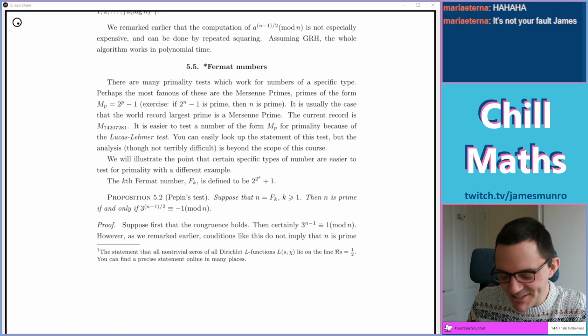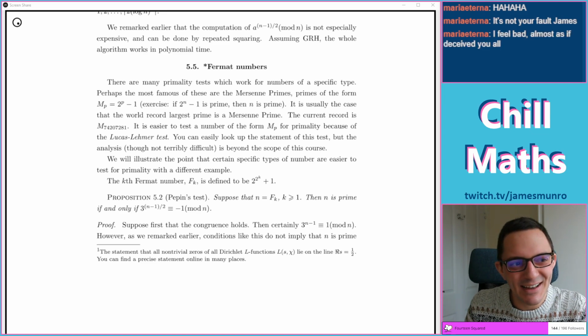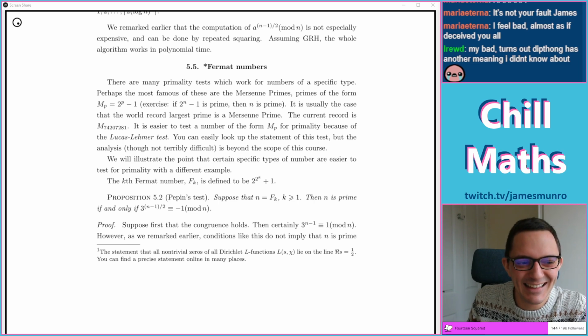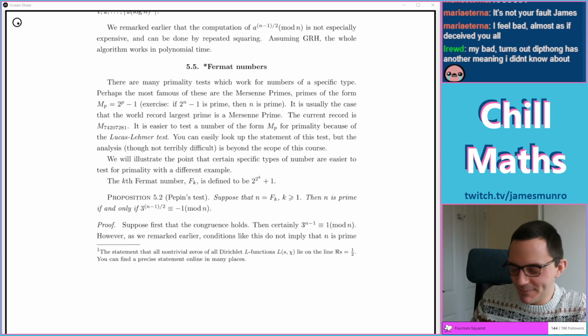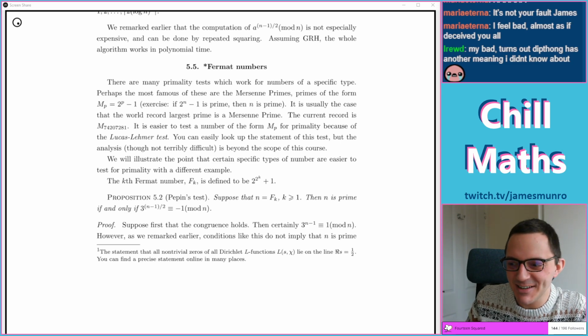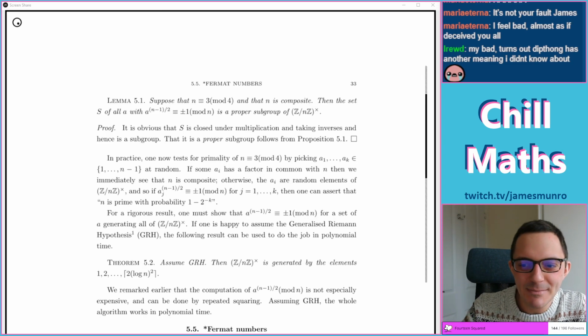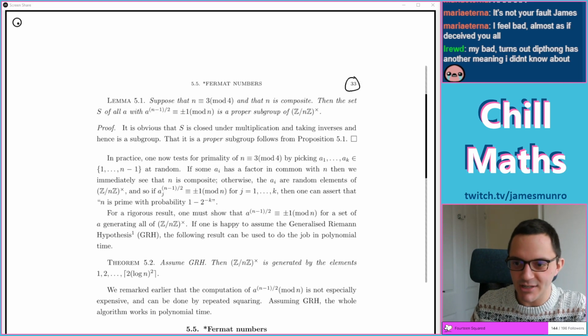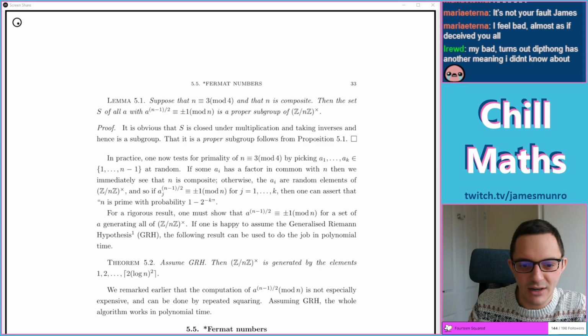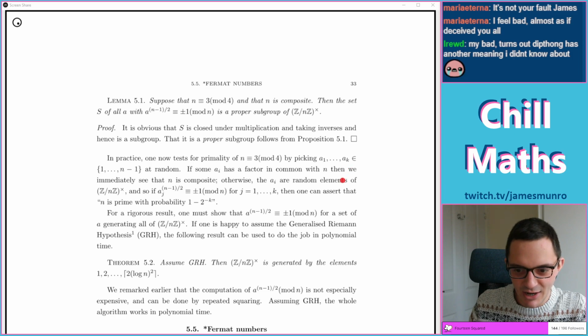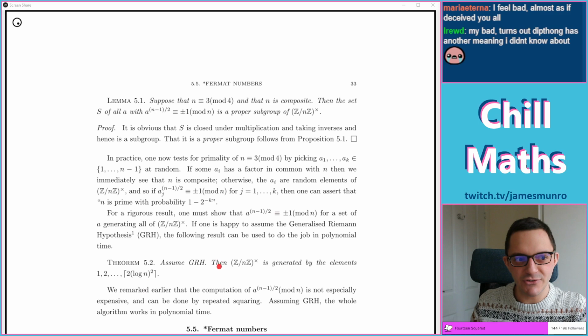So, I want to show you some notes from second year number theory. Anyway, maths. I just think this is a really cool couple of pages of some maths notes either way. Partly because, right, this is miles into a second year course, so things have got a bit tricky. It's describing a primality test. The generalized Riemann hypothesis is on this page, which is exciting. And there's no proof of this theorem, and generate something weird. Oh, not that weird. Like, how many elements do you need to generate this thing?